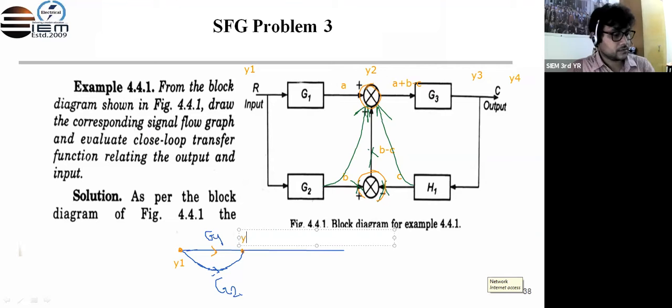This term is y2, and y2 to y3, this one is G3,